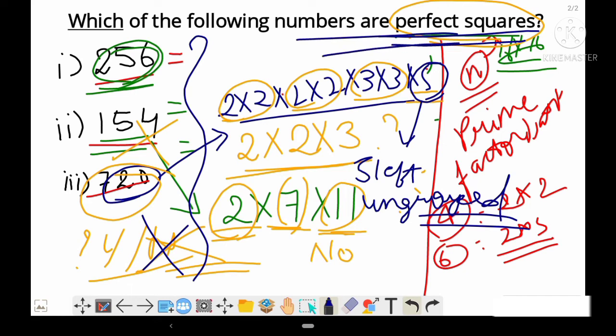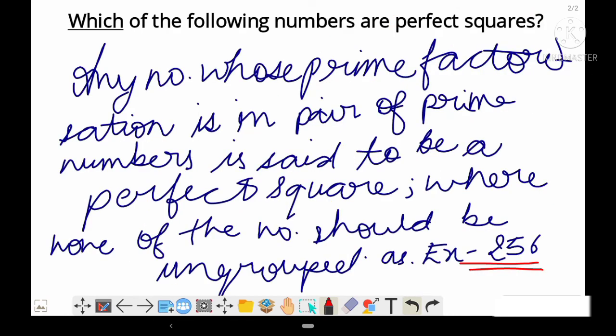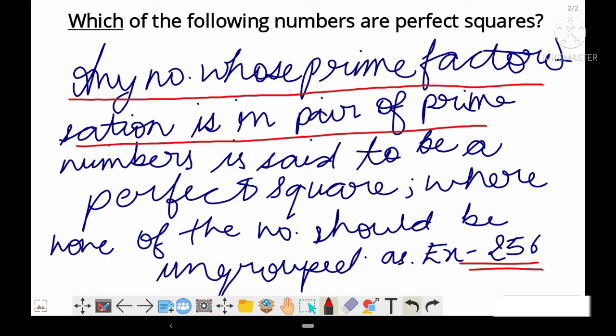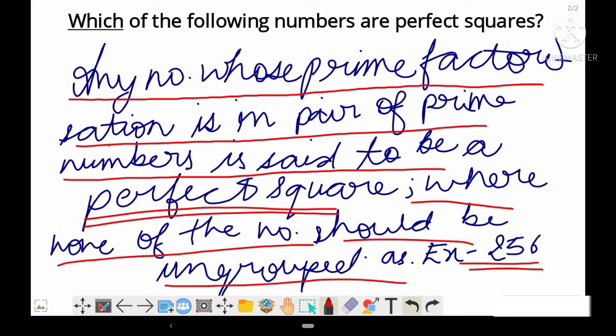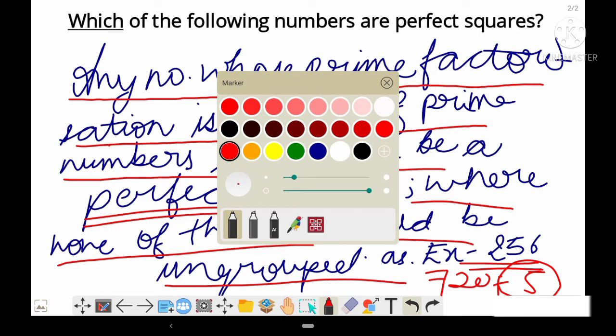So let me write in one line so that you can understand everything in a very simple way. So here is the thing. Any number whose prime factorization is in pair of prime numbers is said to be a perfect square, where none of the numbers should be ungrouped. As I've told about 720, 5 was ungrouped, therefore the number wasn't considered a